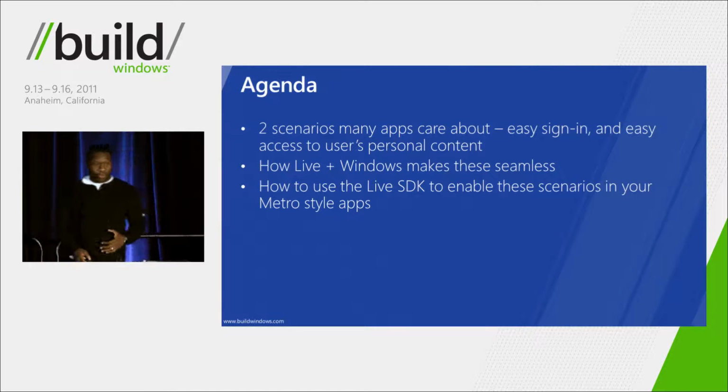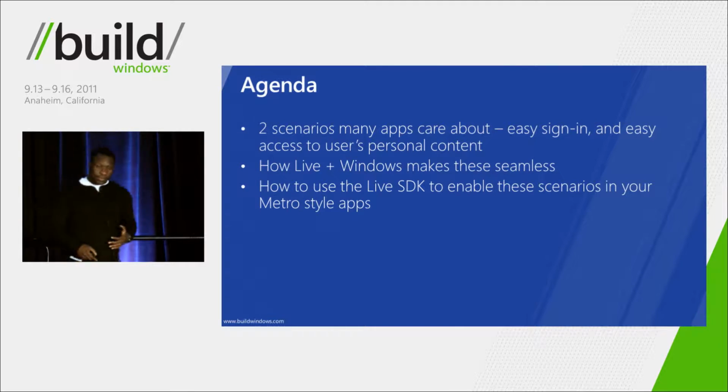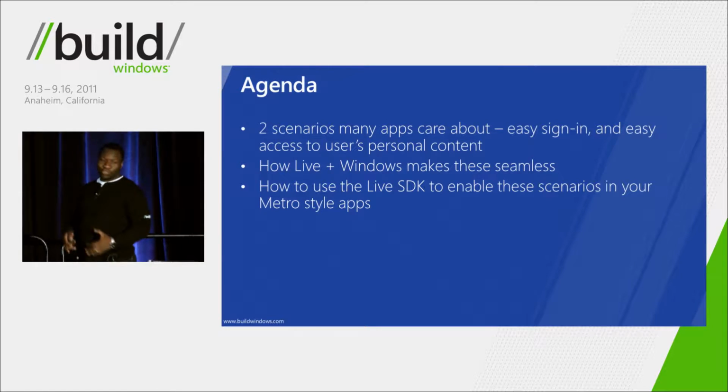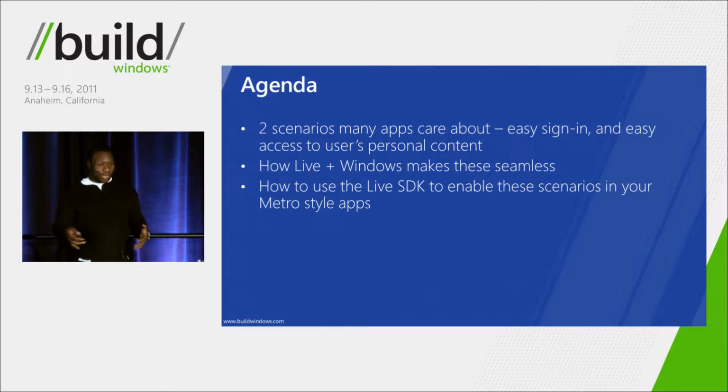The second is, in a world where users have their data stored in disparate places, on their PC, on their mobile device, and in the cloud, what's the best way, or how easy is it to get that content into your application? Simple tasks such as getting the user to pick a profile picture get interesting when you think about all of the places the user has pictures of themselves, their phone, on some online service, or on their PC.